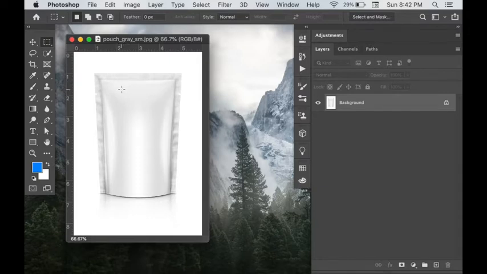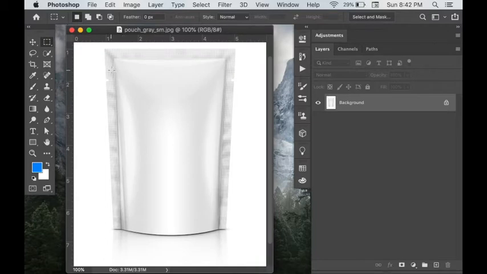The first thing I like to do when I have the structure is create a mask or some kind of outline of the actual shape, so that we can put our design within that shape, and we'll be able to mask it into that shape of the structure. So I always like to use the quick selection tool, and